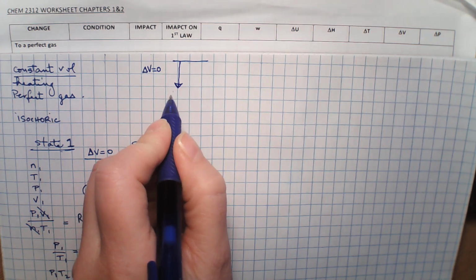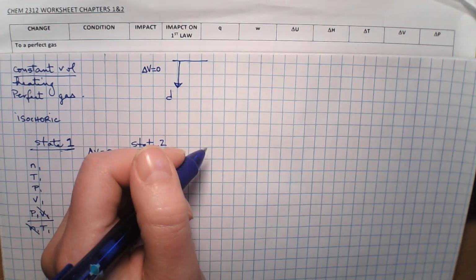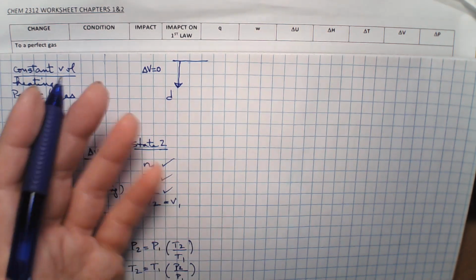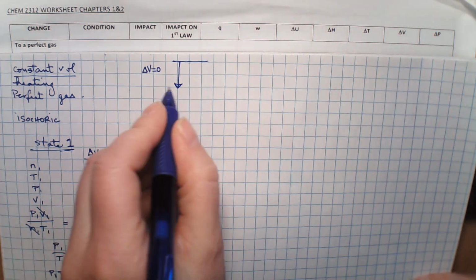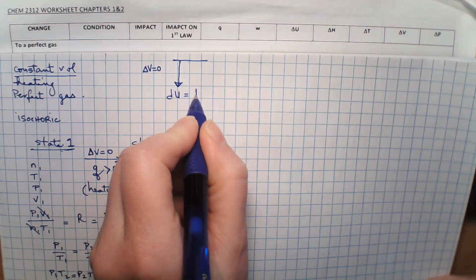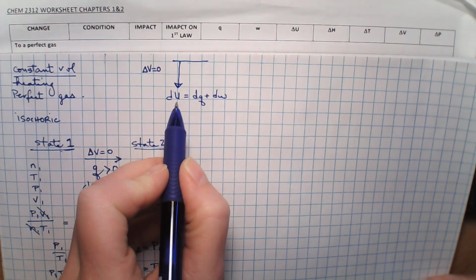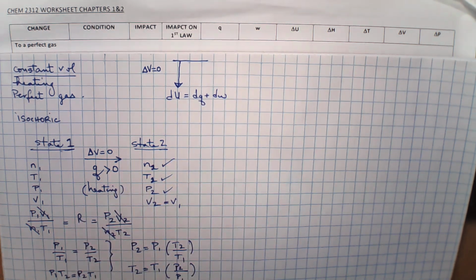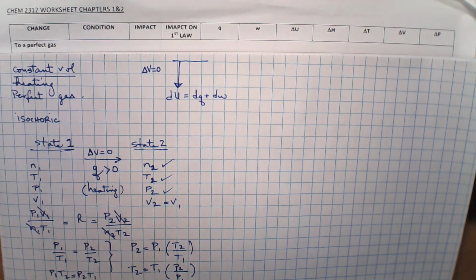The first law is, of course, that the sum of heat and work is the internal energy for these systems, that energy is conserved and the internal energy can only change by heating, cooling, compressing, expanding, right? So it's just Q and W, it's heat and work. And so dU is equal to dQ plus dW. You could also write that as delta U is equal to Q plus W, but I'm writing it this way. Does this have any impact on the first law, the fact that the change in volume is 0? If I don't have any change of volume here,